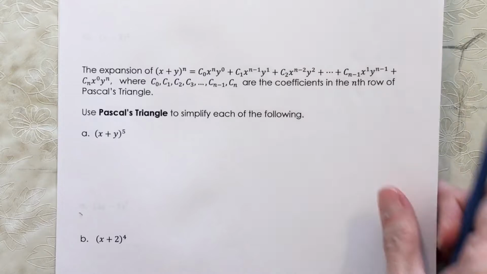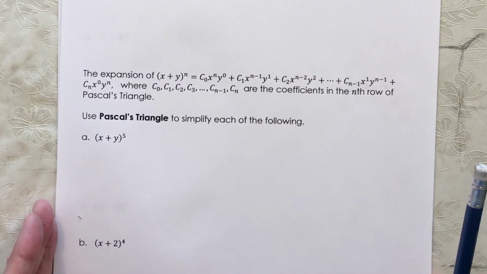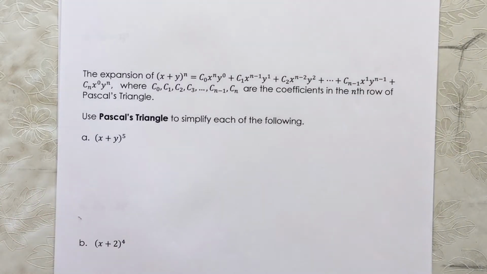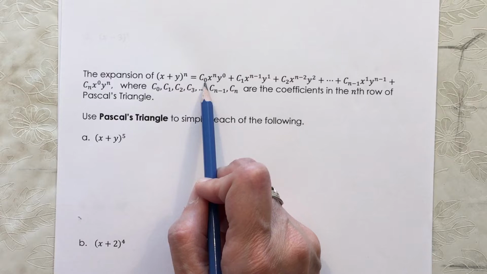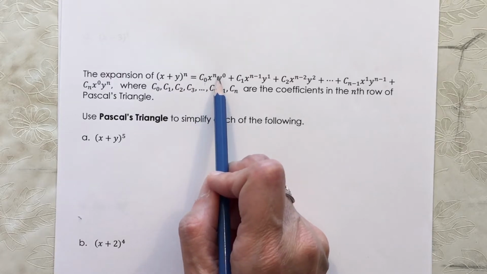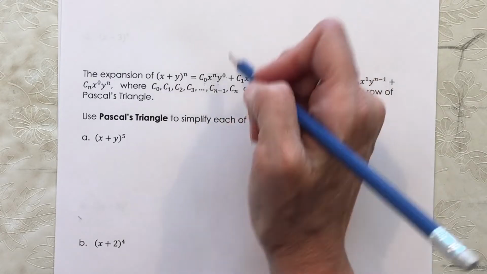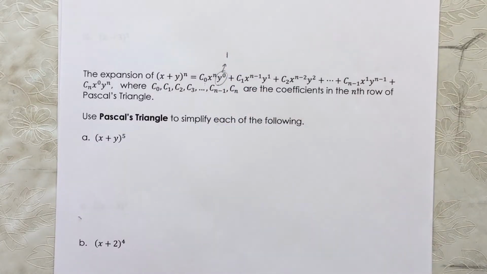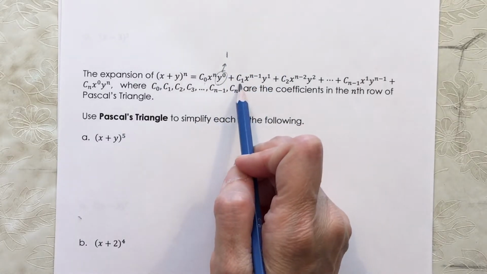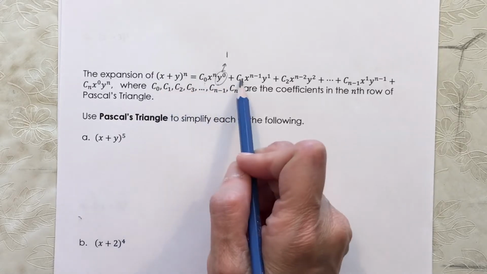All right, so the expansion of (x + y)^n. It starts off with the first coefficient, C0, which can be thought of as the first number in the nth row of Pascal's triangle, times x^n times y^0. And again, remembering y^0 is a 1, so that's why the y doesn't show up there. Plus the second number in the nth row of Pascal's triangle,